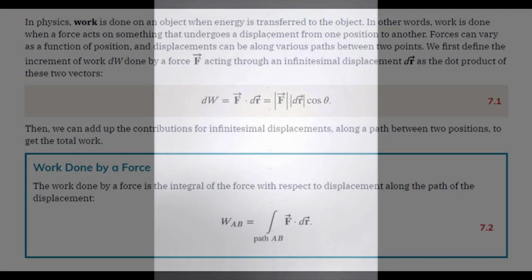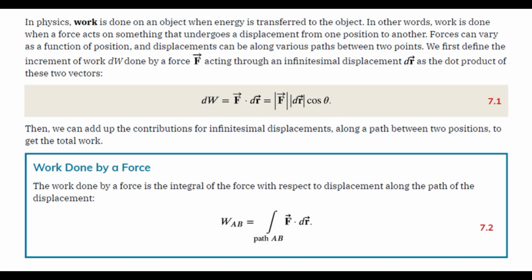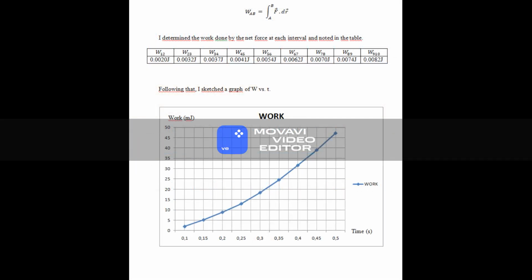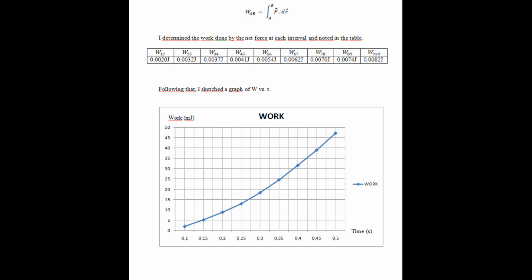If we go back to the beginning again, we have the paper with black points. We measure the distances with the help of a ruler, and using the equation of work, we can calculate the work done by the net force. Because mg sin theta is constant, we can take it out of the integral. Following that, we calculate the work done by the force at each interval, and record the values as shown in